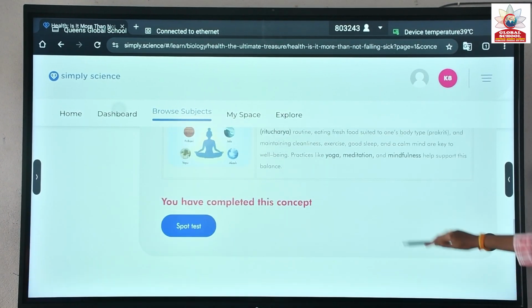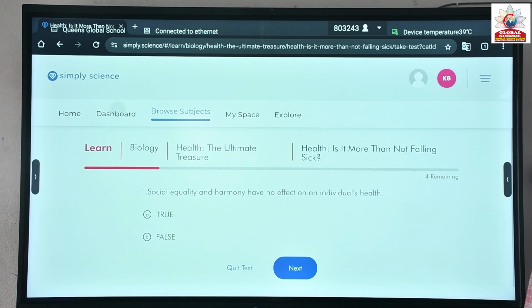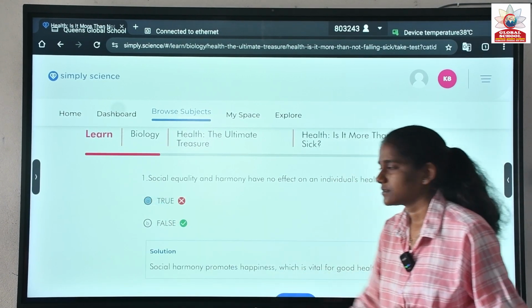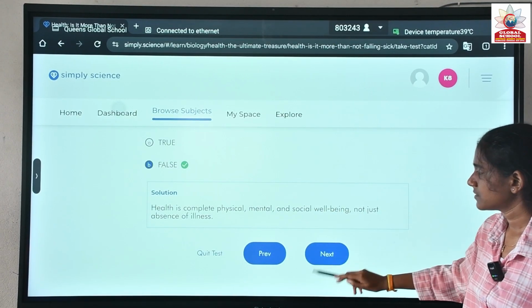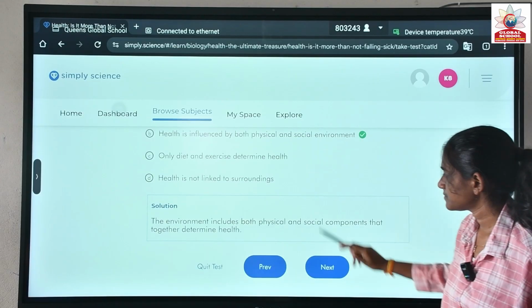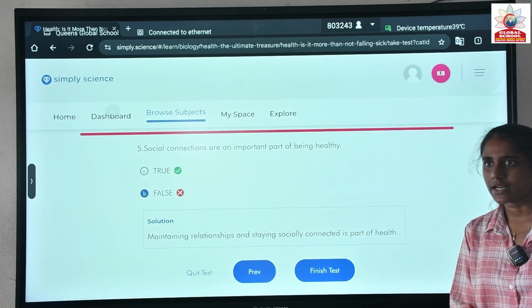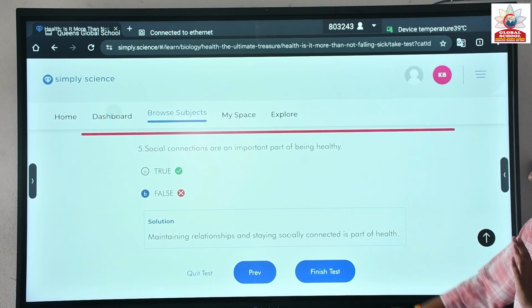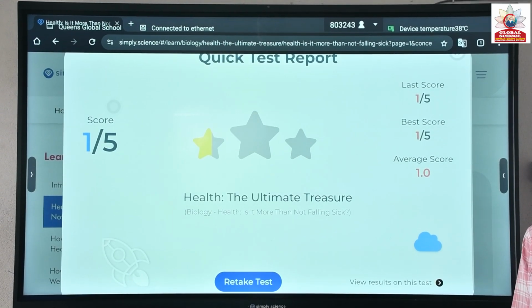At last, once you have done with all the explanation, there is a spot test. If you want to know whether the students have understood the class or not, you can simply create a test in the classroom. You can ask any random 5 students to stand in the classroom and ask these questions to them. This is just for class purpose. You have taught the class and you want to create a small test immediately. Once you click, you will get the report also. And if you want to conduct an exam kind of thing...